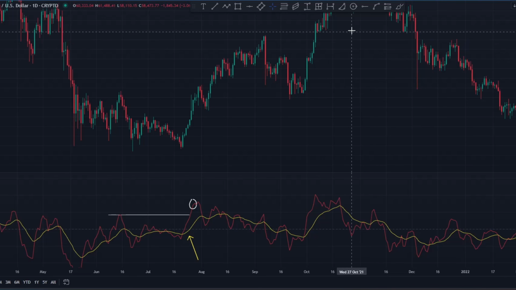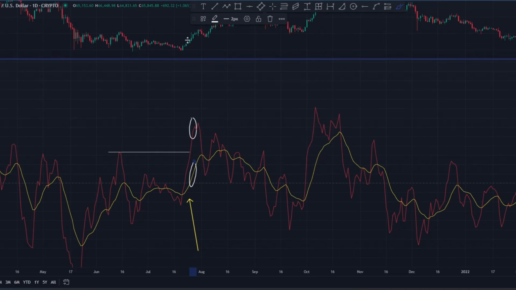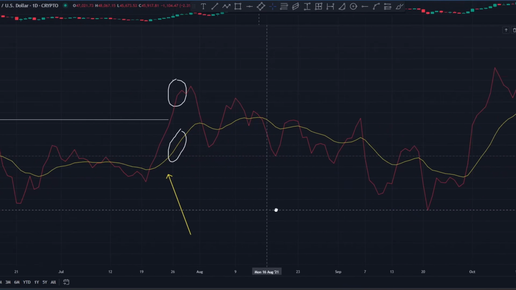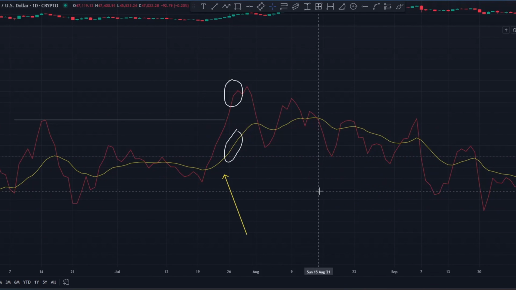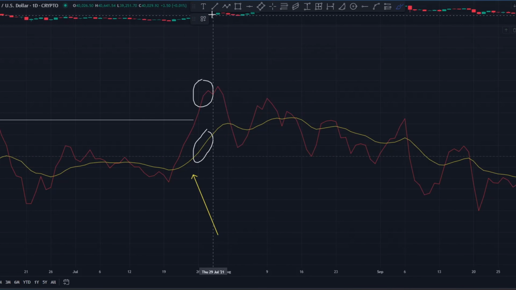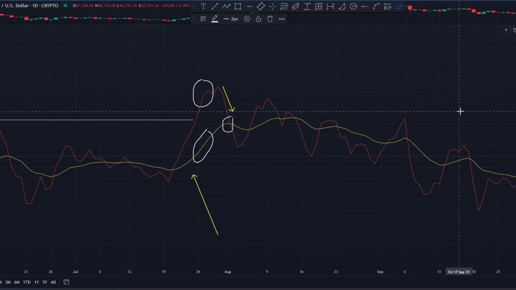Next, we want the signal line, the yellow line, to be moving in the same direction as our trade. If we're going long, it needs to be pointing upwards, confirming the momentum. As you can see here, the signal line is sloping up, so we're good to go. Finally, we need the MACD line to cross or revert back towards the signal line, with both lines starting to diverge again. This reversion tells us the market is hesitating and could be ready to resume the overall trend after the pullback. At this point, we're ready to enter our trade.